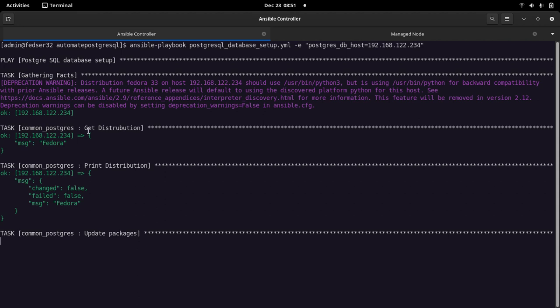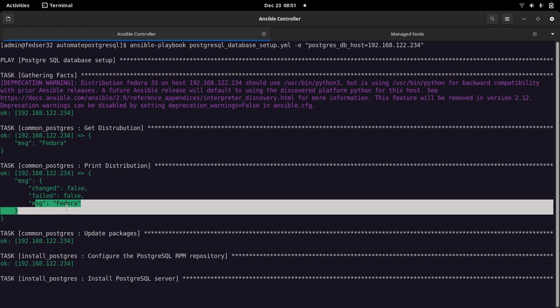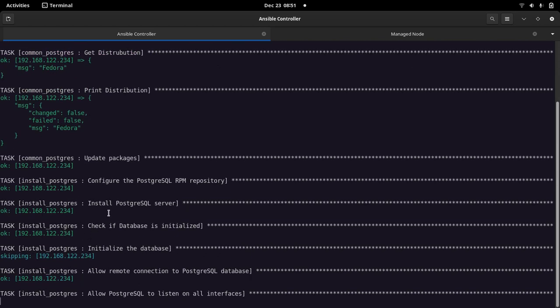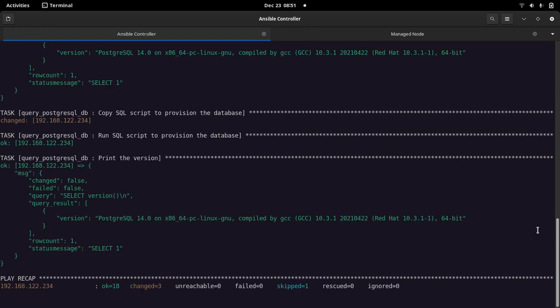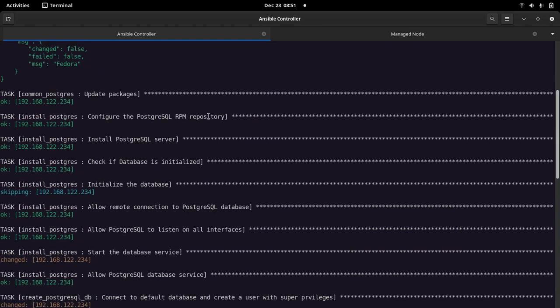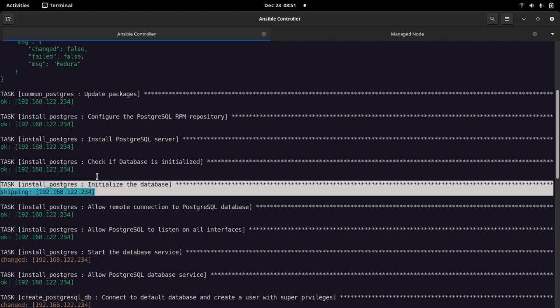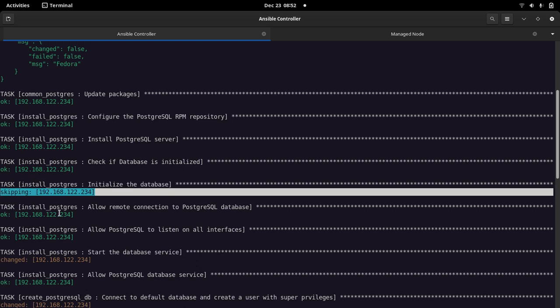It has got the distribution, printed the distribution, that is Fedora, updated the packages, and configured the PostgreSQL database. It checks whether the database is initialized; if it is not, it will initialize, but this is skipped because it is already initialized.